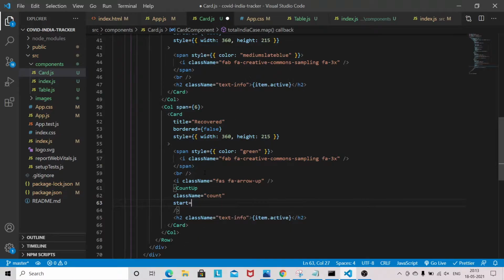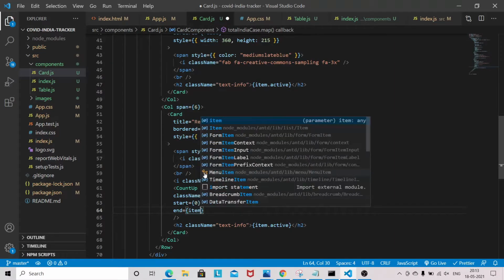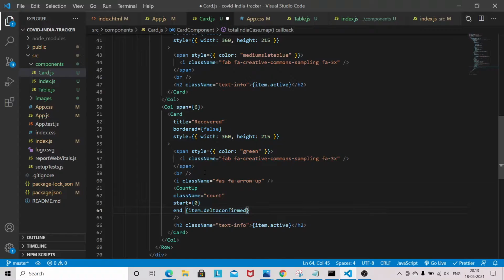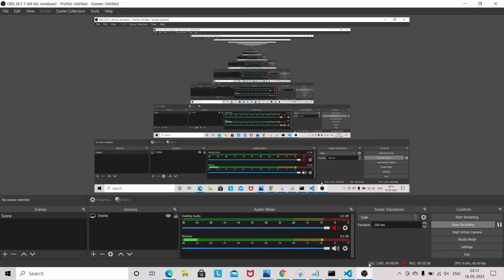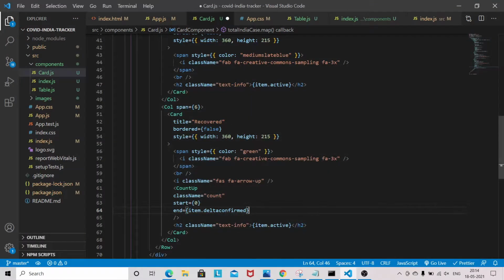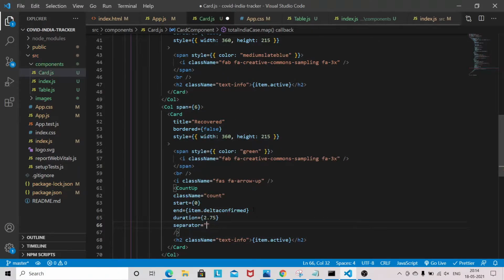Start 0 again, end is equal to item dot delta confirm, duration 2.75, and separator will be a comma.